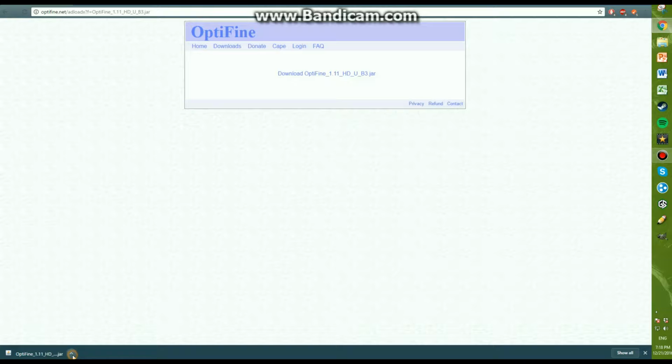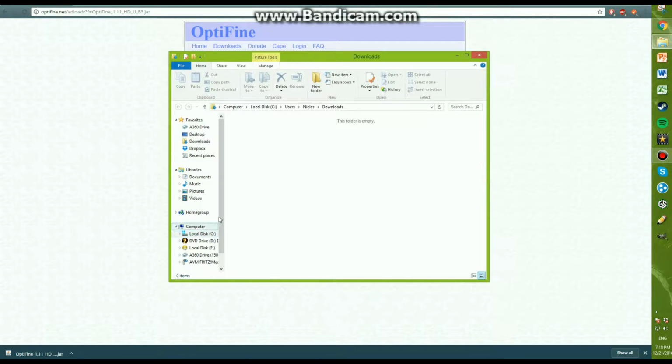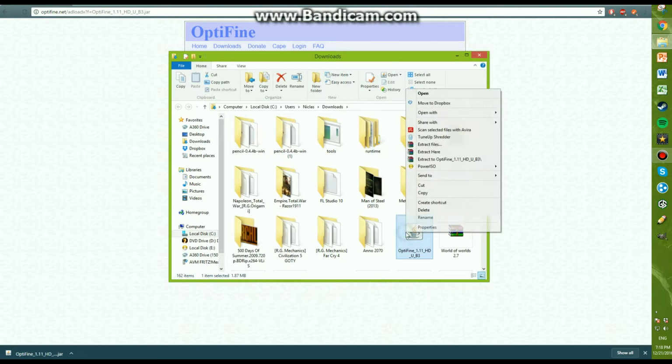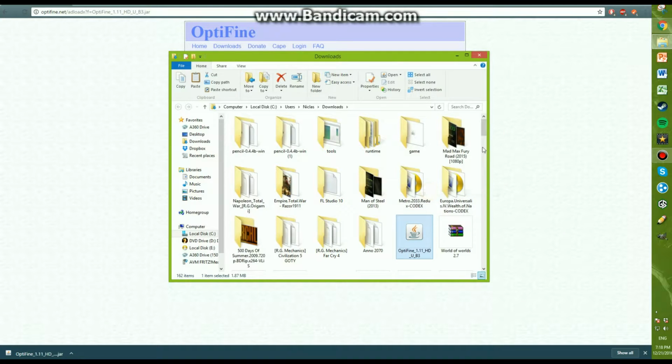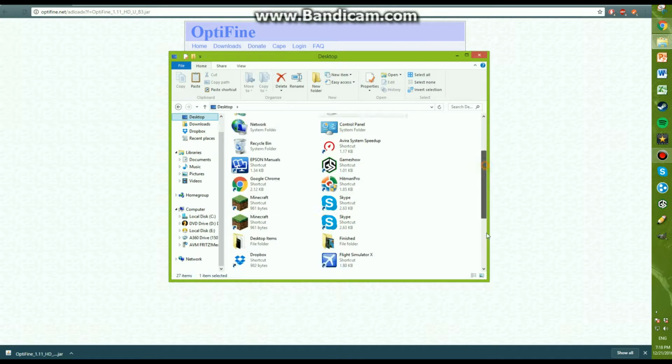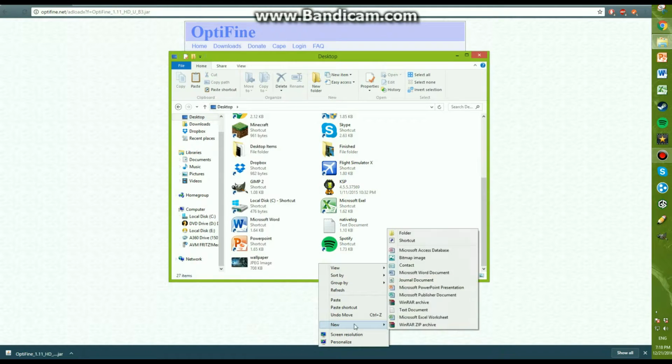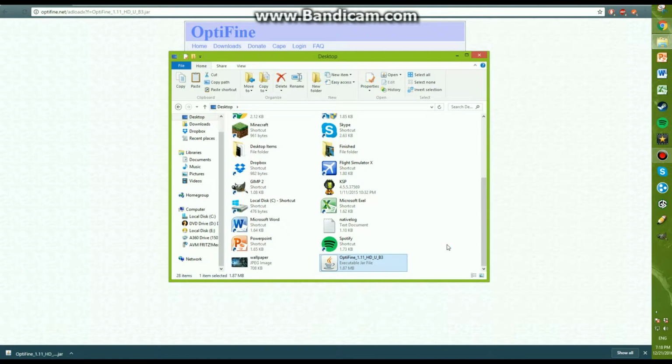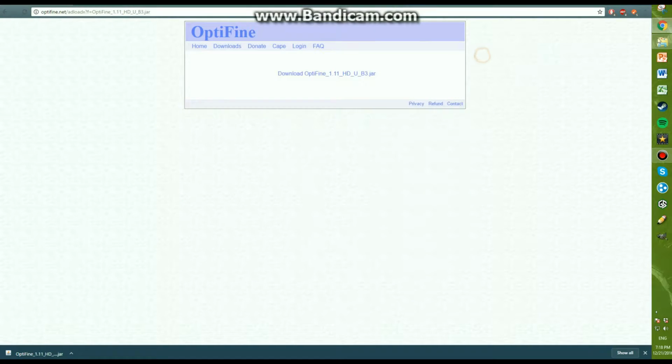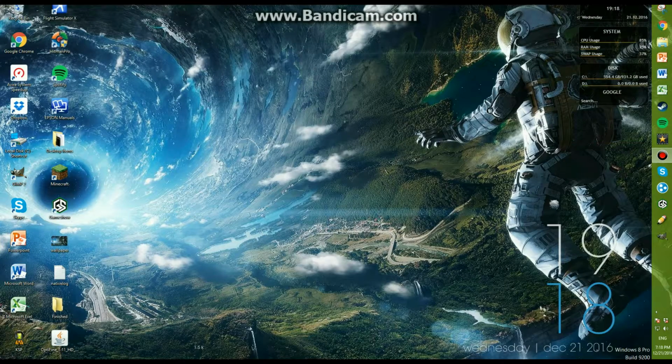You're going to press keep, and at any point you can pause the video if you need help. Okay, so I'm going to click on show in folder. It will appear right there. I'm going to copy this and go in my desktop and paste it in there. You don't have to necessarily paste it on your desktop, but I find it easier to do that, so I can go here. Now it should be a jar file, so you open it